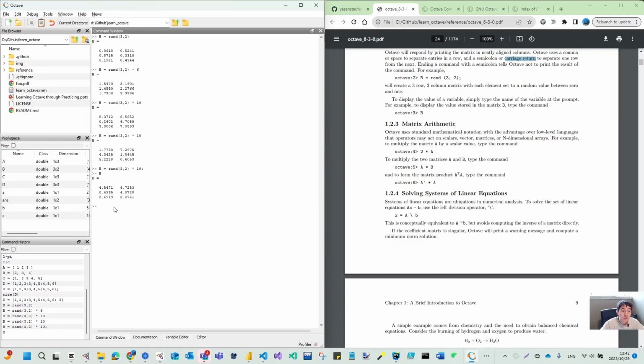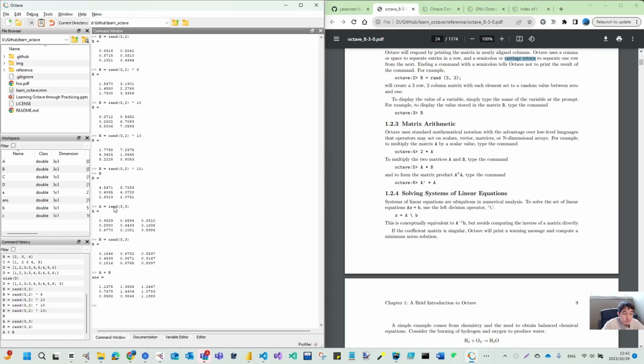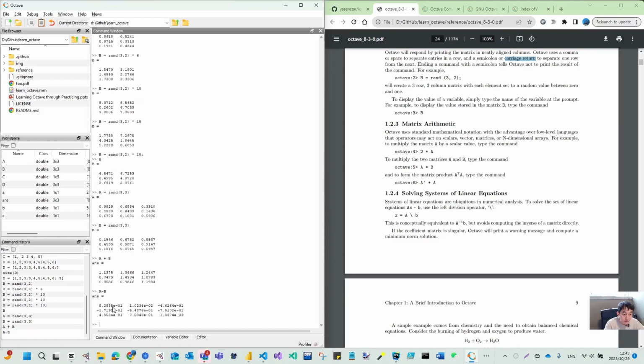And also you can use, like, A is rand 3 3, B is rand 3 3. So I got these 2. Then I use A plus B, so you get this one plus this one. Then A minus B. Because it's very small,